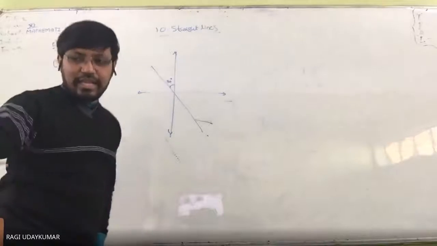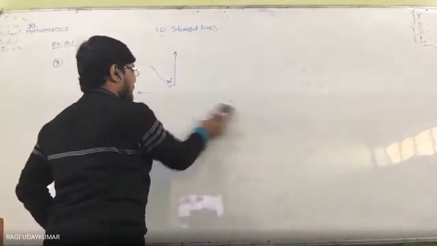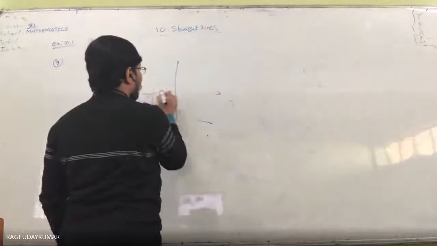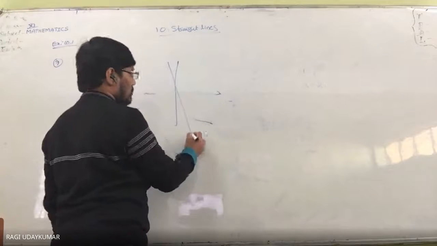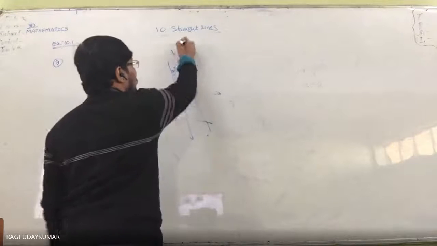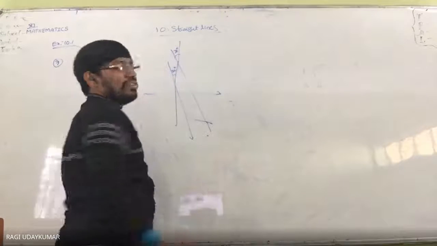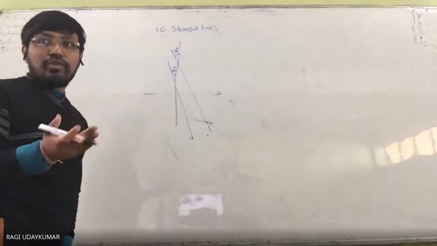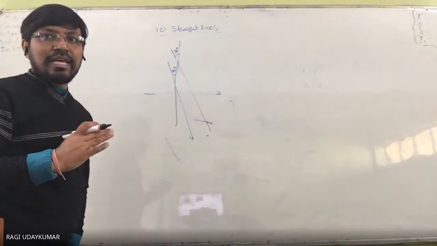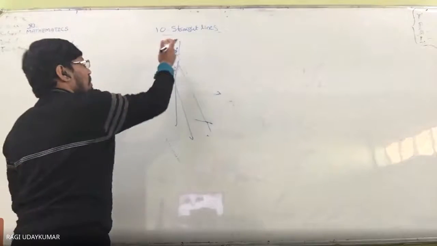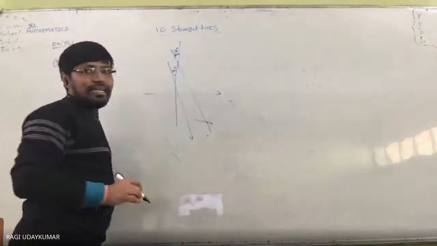Sir, does this line pass through the origin? It need not be the origin, it can be anywhere, in any way. I have just drawn it to show you like this. You may have it like this also, 30 degrees. You may have the line like this also, here 30 degrees, with the positive direction of the y-axis measured in anti-clockwise. I have measured in anti-clockwise, so this is 30 degrees here.